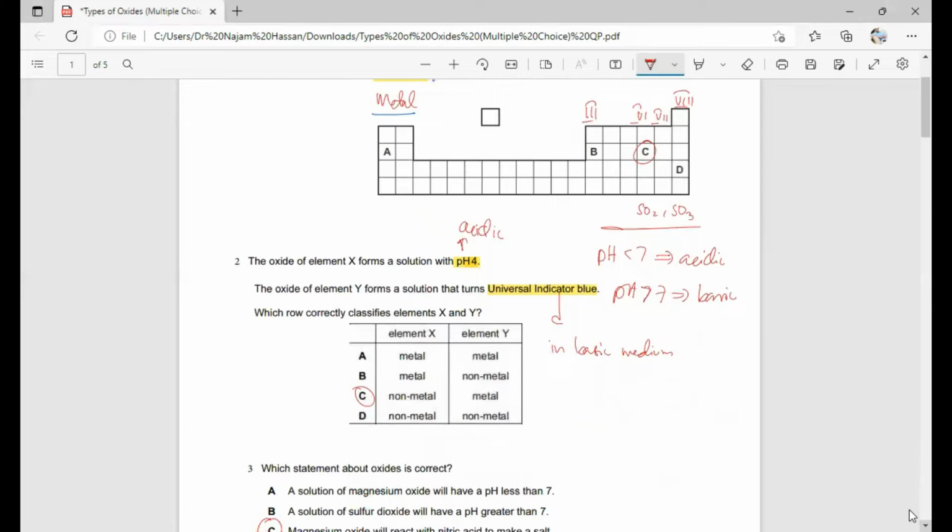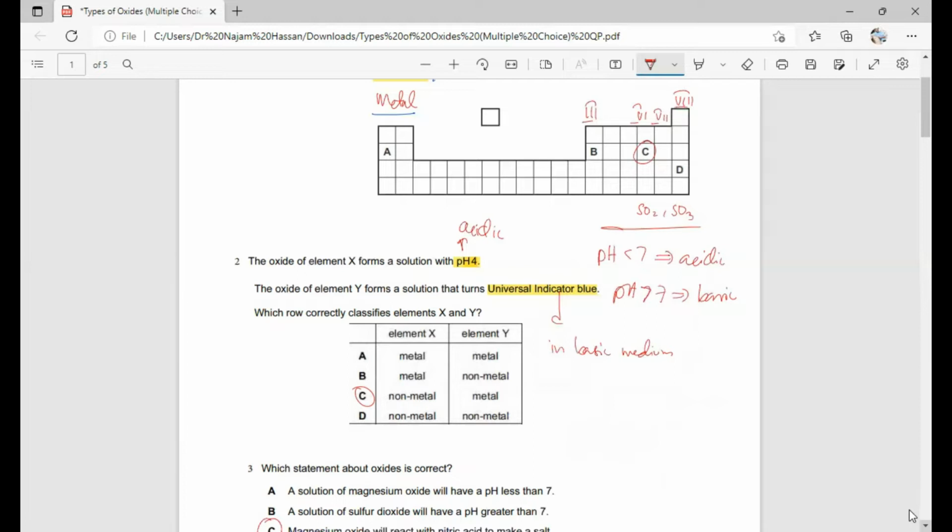again, the oxide of element X forms a solution with pH 4. So what does it mean? pH 4 is acidic, and the oxide of element Y forms a solution that turns universal indicator blue. Remember that universal indicator gives blue color whenever we are in basic medium, red color in acidic medium, and green color in the neutral medium. So remember that pH less than 7 is acidic, and pH greater than 7